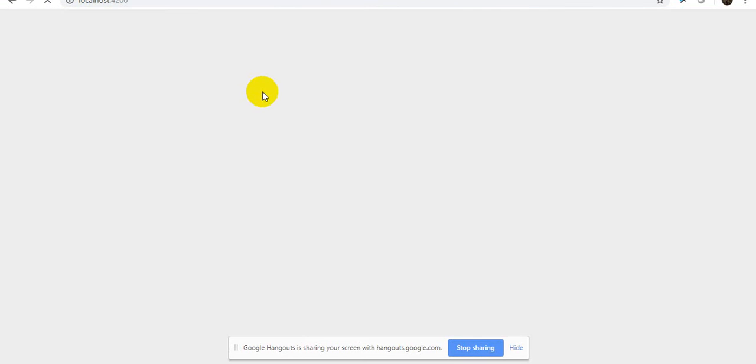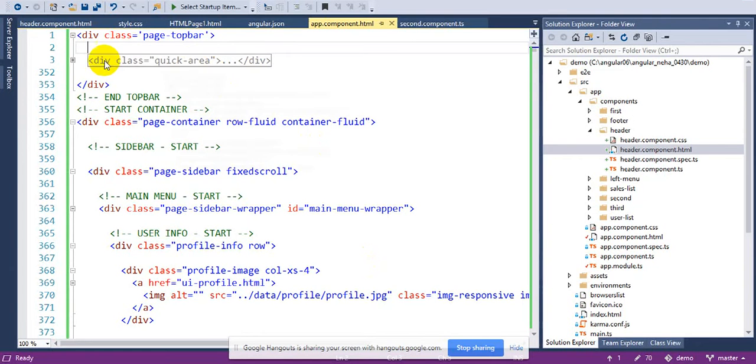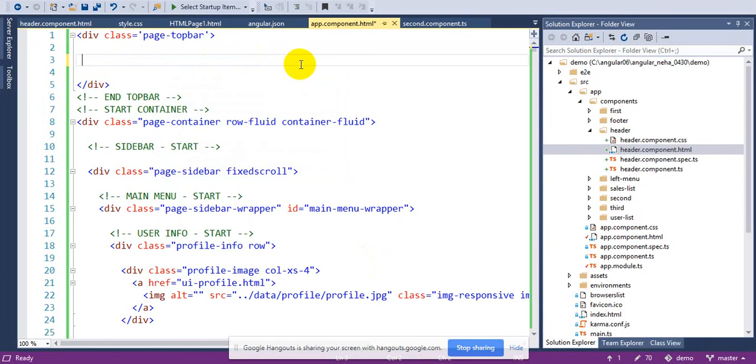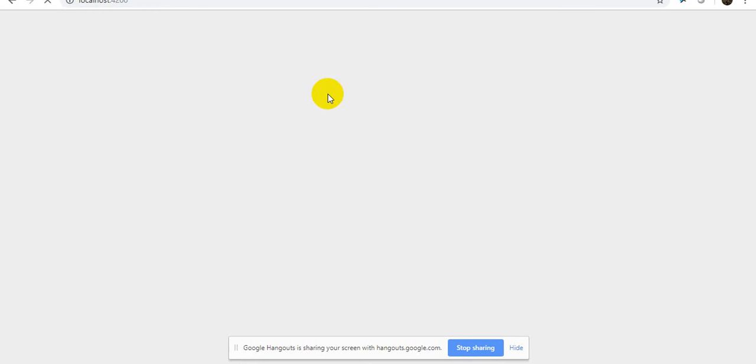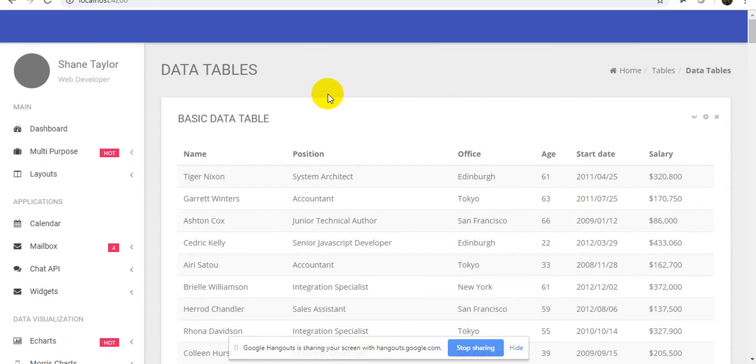So the logo area was doing nothing, ठीक है ना? So if I will go here, quick access area, what is this quick access area? I am going to do Control X, ठीक है, मैंने सब कुछ हटा दिया, Control S. I am going to view this page, how it's looking. So if you will see that top area is gone, matlab this is nothing but my header.